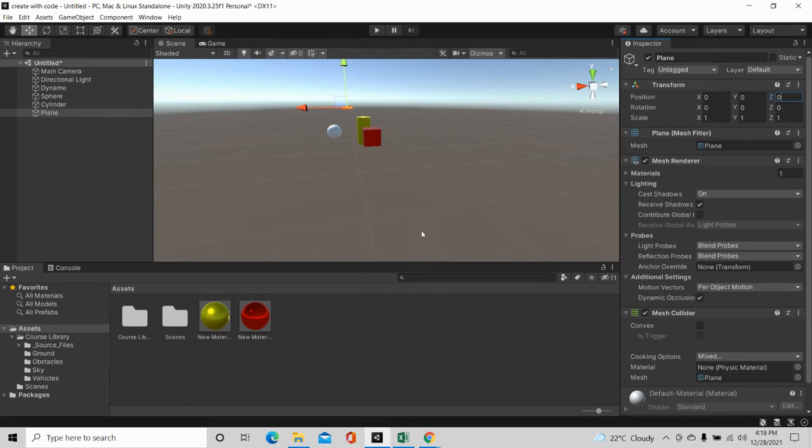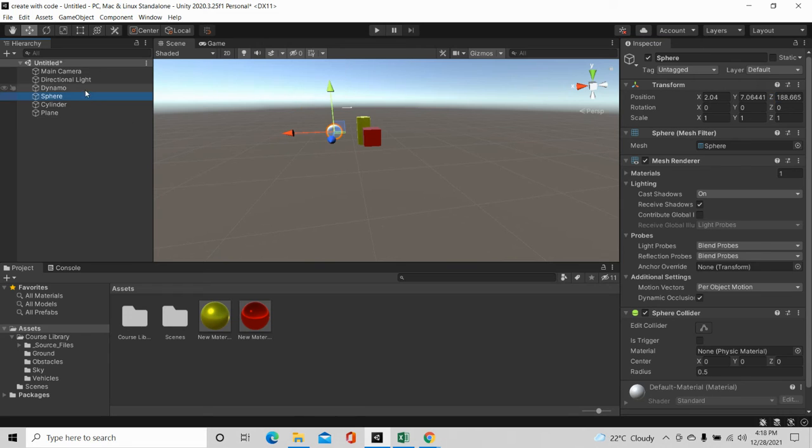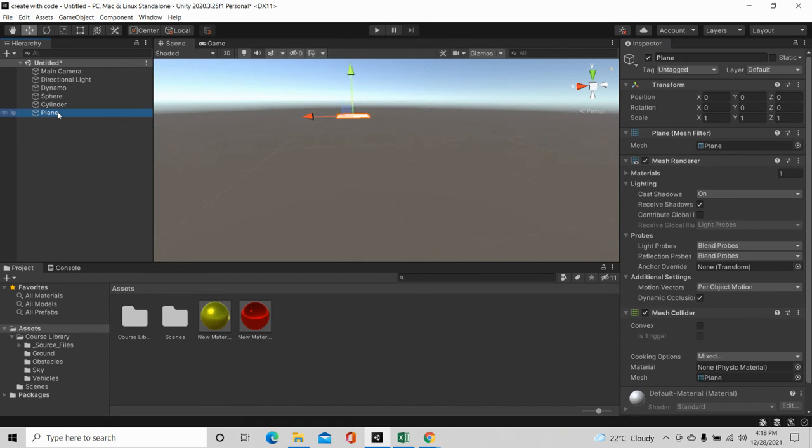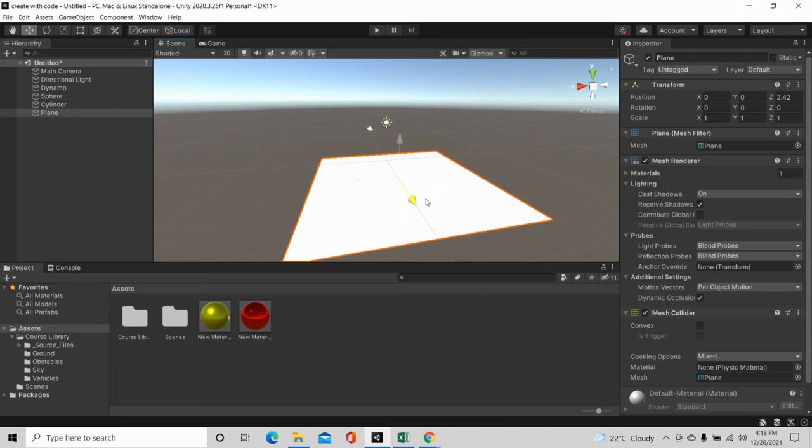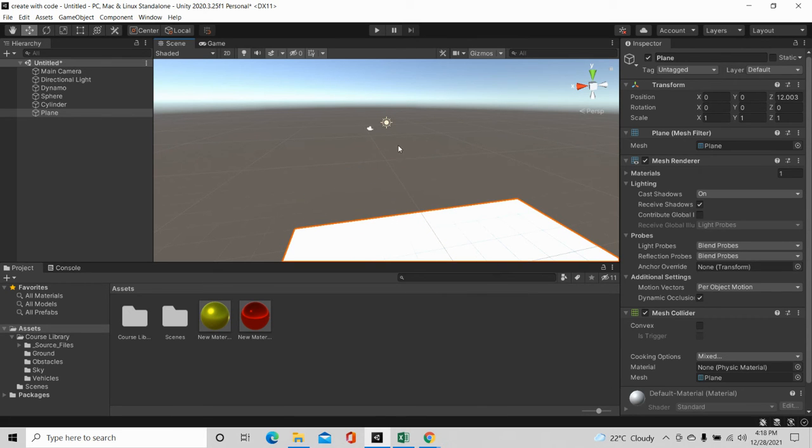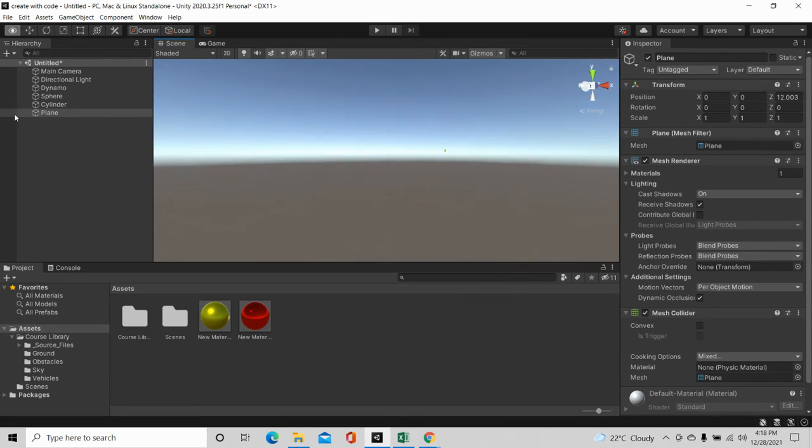If you want to increase its size, you can change it here from the transform panel. We are going to do the same thing with the dynamo, the sphere, and everything. These values are already assigned to 0, so you can just click here and drag along in order to fix it.